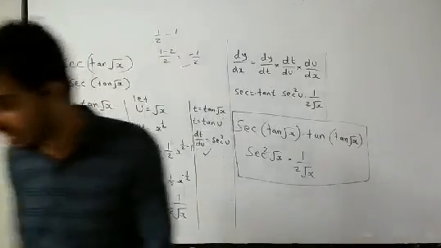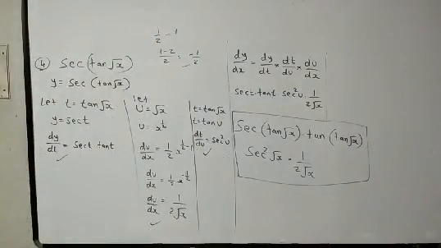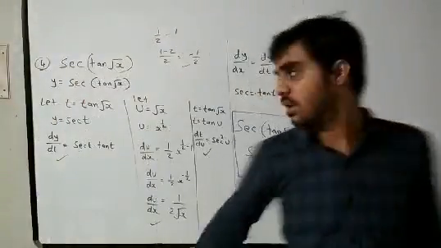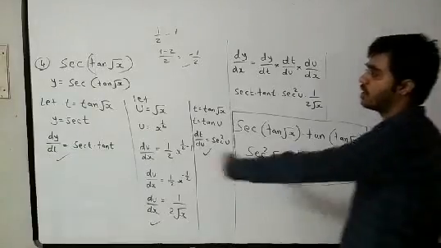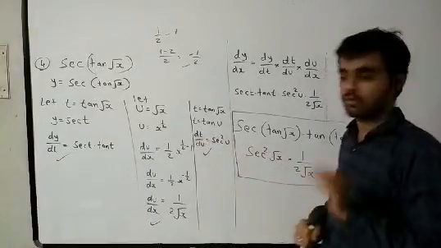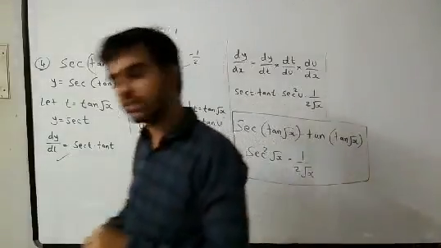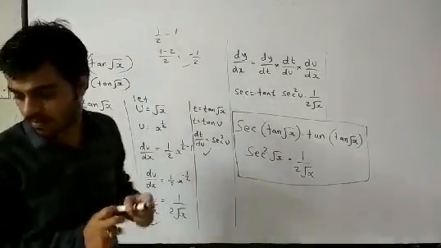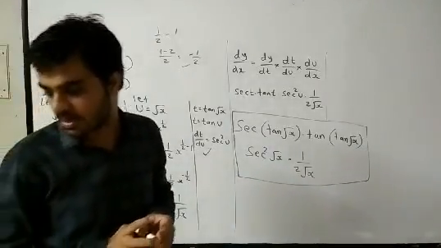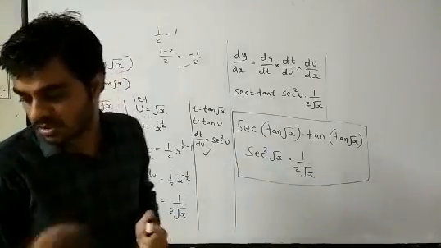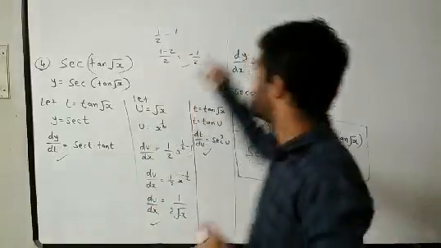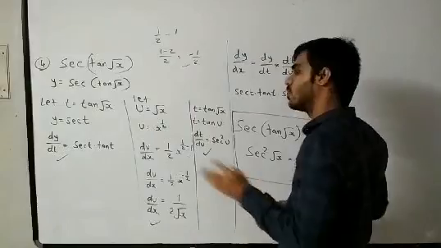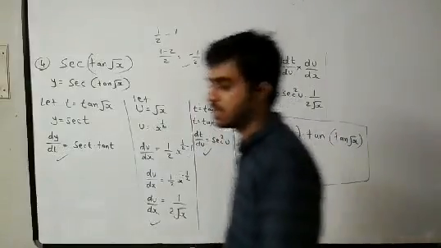Now everyone will try to solve question 5 on your own, so that it will be clear to you. If it is not solved, we will solve it in the class, right? In my next video I will 100% solve question number 5, sin of ax plus b upon cos of ax plus b. We have to use the quotient rule. Don't worry, we will solve it in the class.